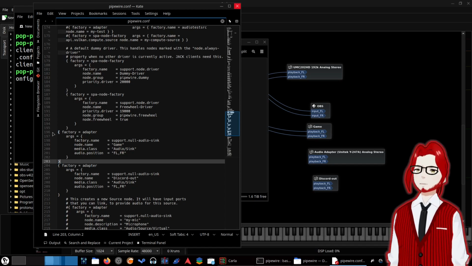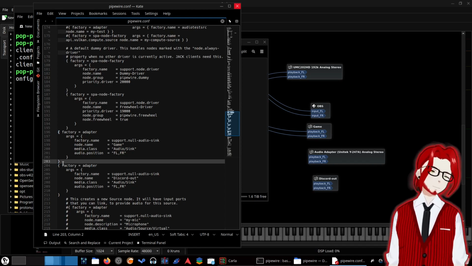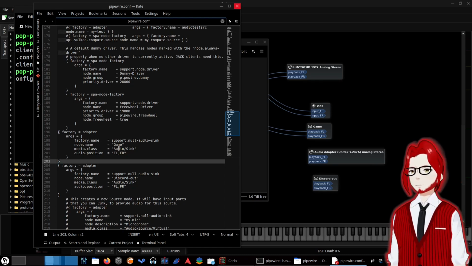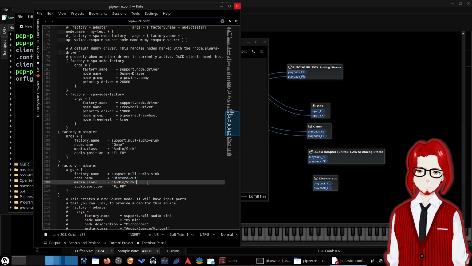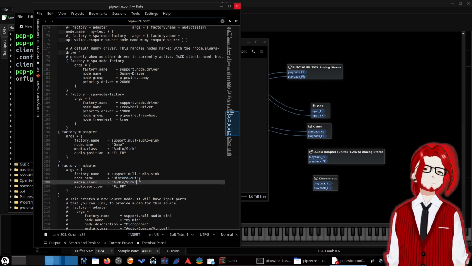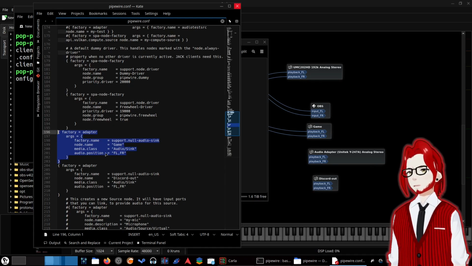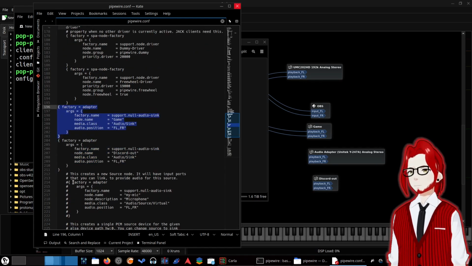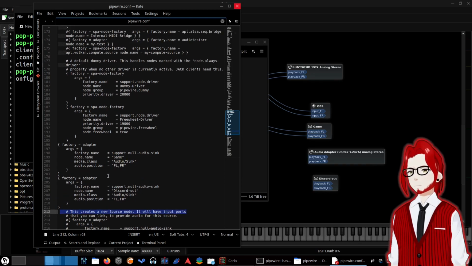No joke. But essentially, the upside is that once you have this written out, you can copy and paste this however many times you need to make as many output devices as you need. You just need to change the game section right here where it says mode name. You change what it's called. So instead of game, I have a segment called Discord out, which is my Discord output for if I'm recording a Discord call and I want it separate from the rest of my audio. Copy this whole little block of text and then paste it on a new line. You just want to make sure that this line wants to be above this line and below this line, the little closed curly bracket.